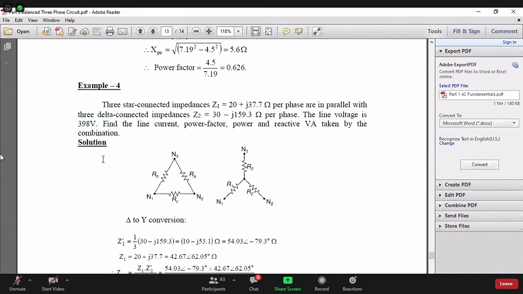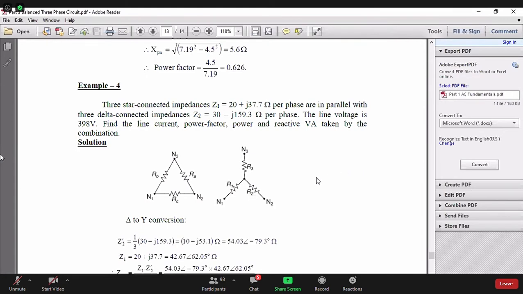Now, here I have 3 nodes of a circuit, N1, N2, N3. Now, in delta, this is how the impedances or resistances are connected. In star, this is how they are connected. Now, what you have in a single phase concept and a three phase concept is slightly different. Now, when I say this delta is in parallel with a star, then how are they connected? This is the first thing you have to make very clear.